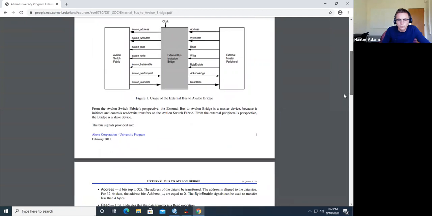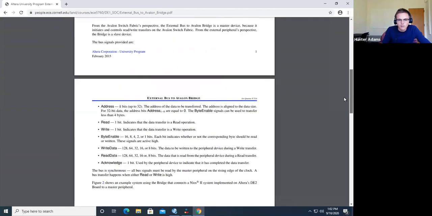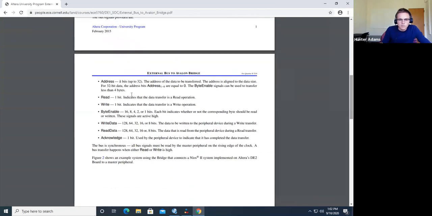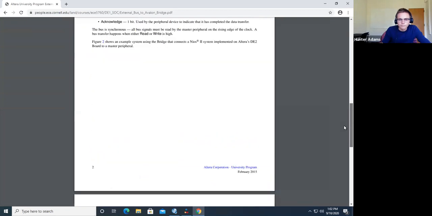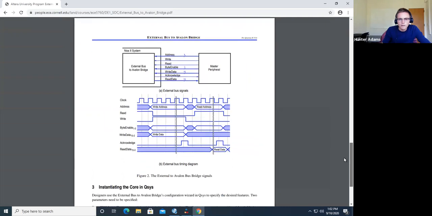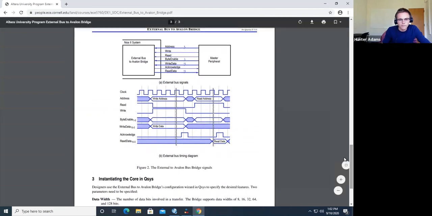Is there anything else I want to show here? So yeah, if you want to look through this, there's a description of all of these signals. And then there's a diagram here of how these transactions are working. So suppose that we wanted to write to a particular address on the bus. Then in order to do that, we would